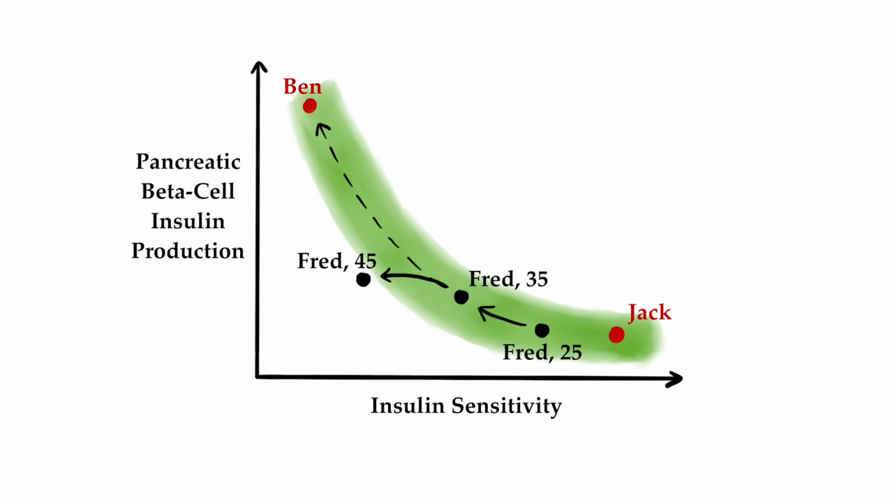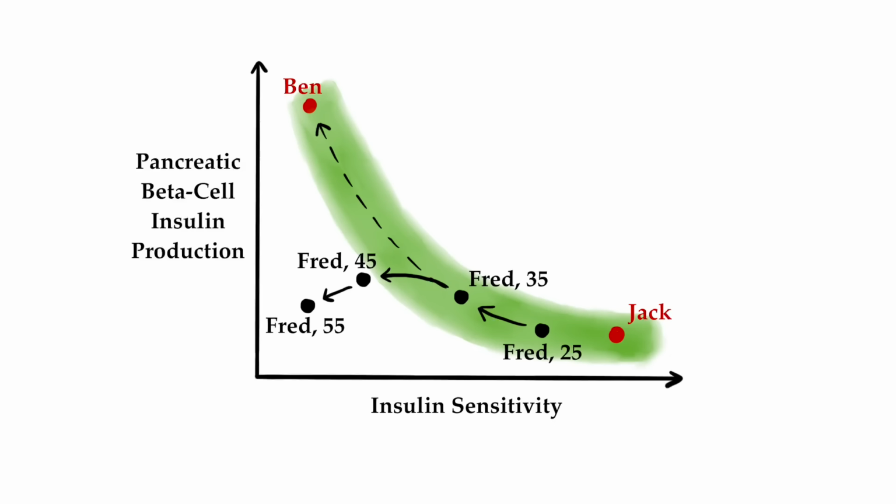Note that his fasting blood sugar levels may still be normal, but if his doctor conducted an OGTT or measured an HbA1c, these would likely be slightly elevated. Another 10 years later, and Fred has again gained 20 pounds. Now he has gotten even more insulin resistant. Now, not only are his pancreatic beta cells unable to keep up with demand, they actually make less insulin than before. And now he is diagnosed with type 2 diabetes.